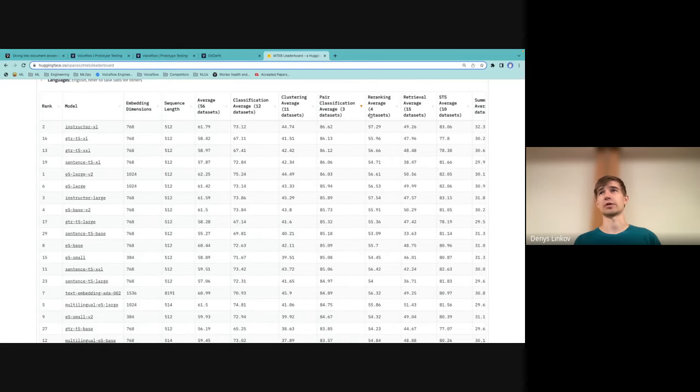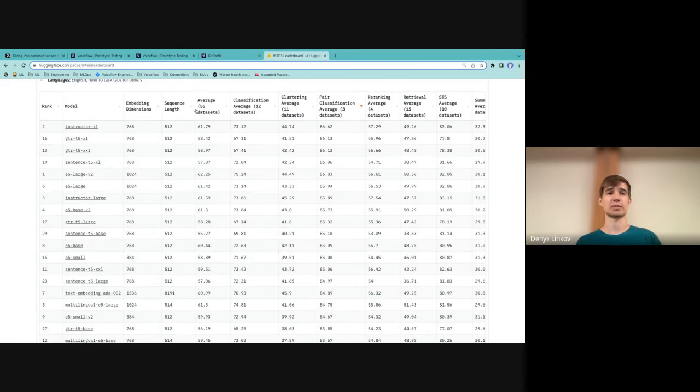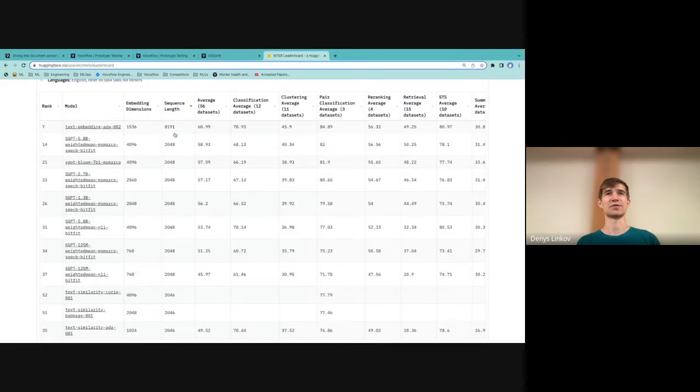Are you doing it on a retrieval task? Is it summarization, re-ranking? Because all of these can be part of a fairly complicated pipeline. Or maybe sequence length is the most important thing to you because you're doing it on big documents, so you want a model for that. So it's a pretty interesting data set or benchmark to look through, highly recommend it. It also will help you determine which kind of embedding model you can use.